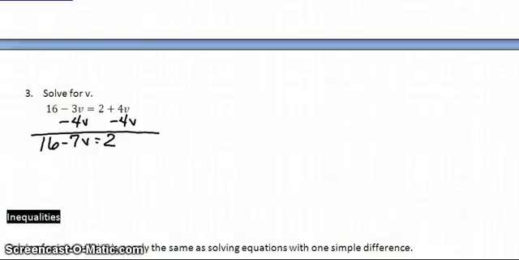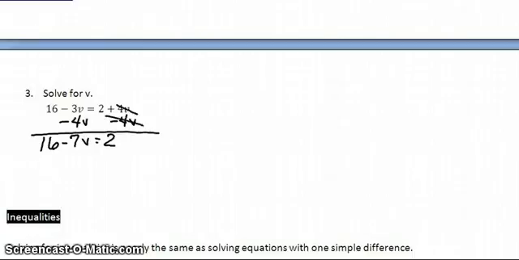And lastly, our last equation, we're going to solve for v, and we have 16 minus 3v equals 2 plus 4v. And you can either add 3v to both sides or subtract 4v from both sides. It doesn't matter. I'm going to subtract 4v. I simply like having my variable on the left side of the equation, and that's just one of my little quirks. So here I'm going to have on the left side 16 minus 7v equals 2, positive 4v, negative 4v